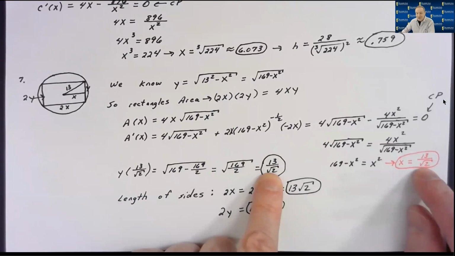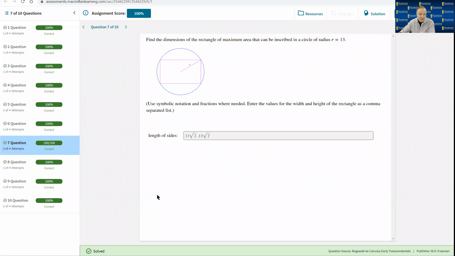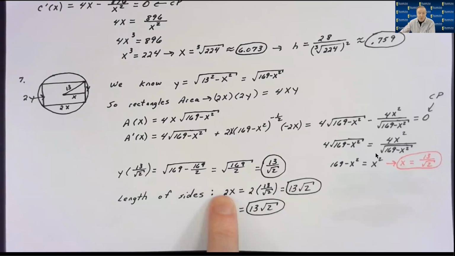Now, you'll notice on Achieve here that it took me 2 attempts for this problem. Well, why? Because the first answer, I put my x and my y value in there. That's not the answer. The answer is, what are the lengths of the sides? So you just need to remember, in order to work this, I had x labeled as the horizontal side of the triangle, not of the horizontal side of the rectangle. So I had to go back in and say, oh, okay, the lengths of the sides of the rectangle are